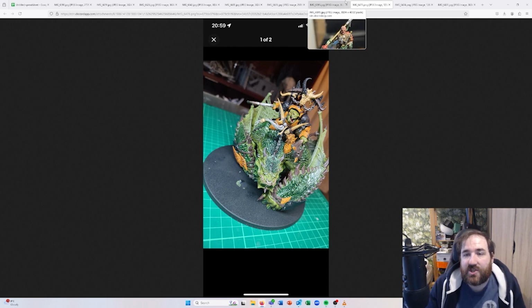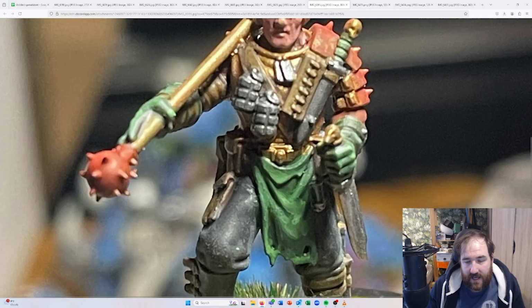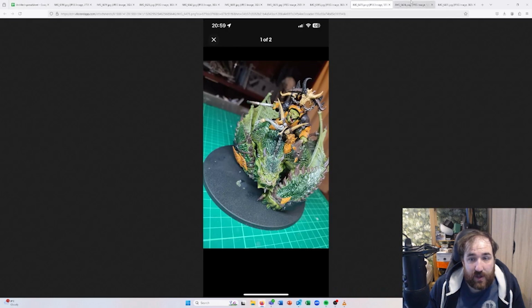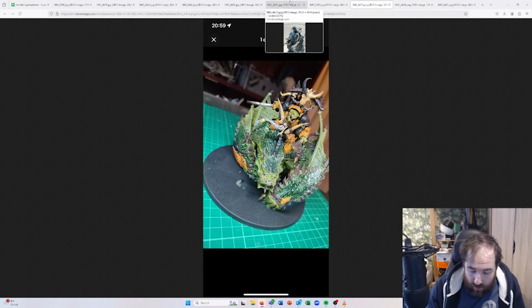But yeah, so I really love that Kill Team. I'm working on it. And then as we're going back here, my plan is to kit bash the Cascarins to look more Inquisition-y. So I've got a load of...